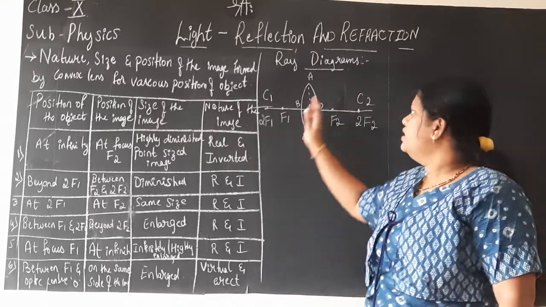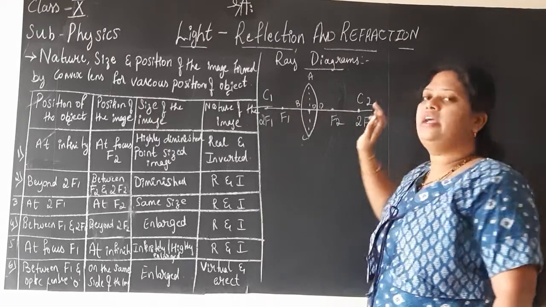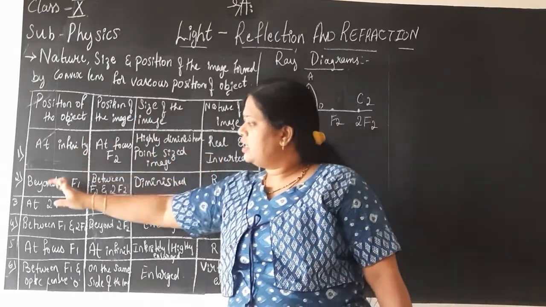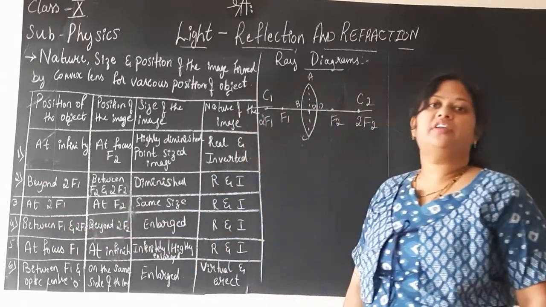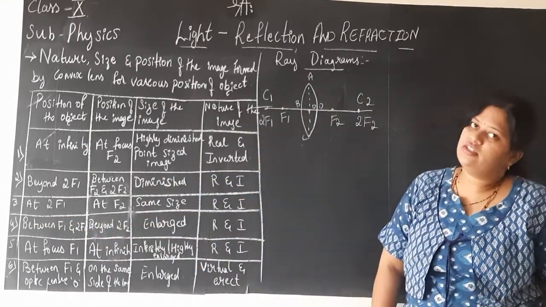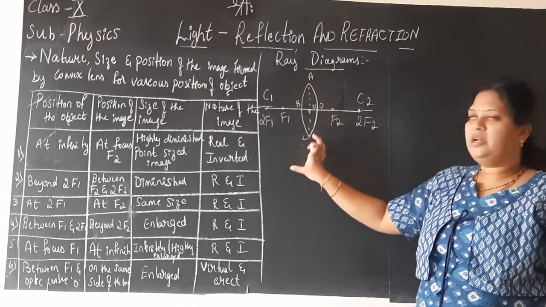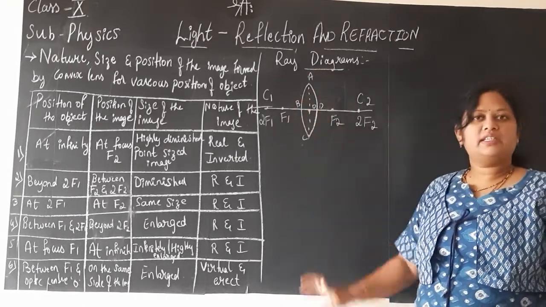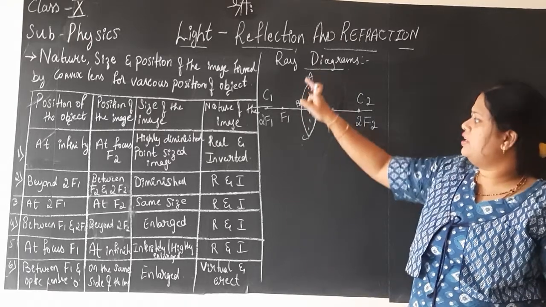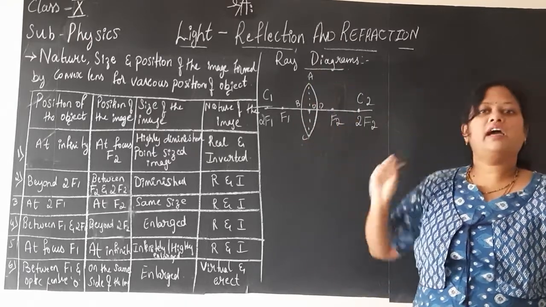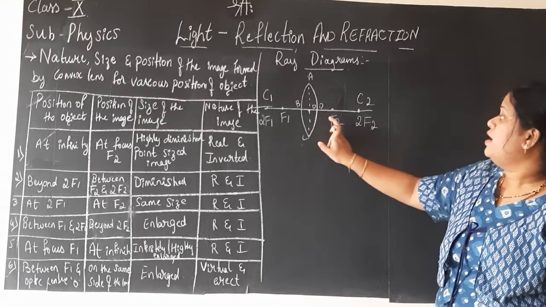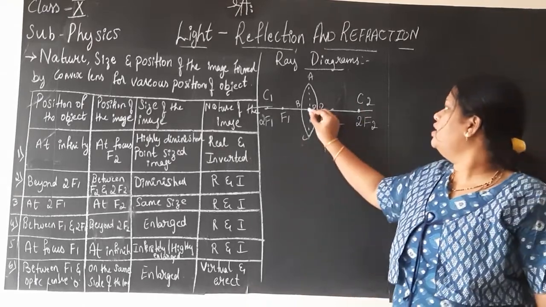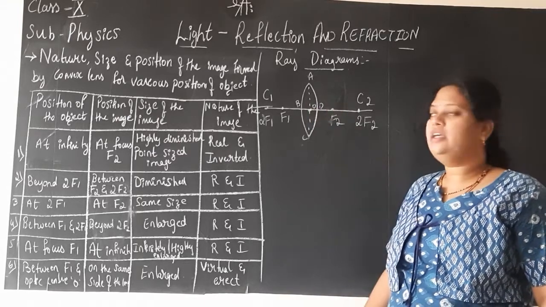Now, this is the skeleton of the ray diagram, which you should remember before learning the image formation at different positions of the lens. First draw the lens, with the refracting surfaces ABC and ADC. Now you should label. This labeling, if you want, you can do with any alphabet you want. But F, C, O, you should not change. Okay? So mark the center of the lens as the optic center.